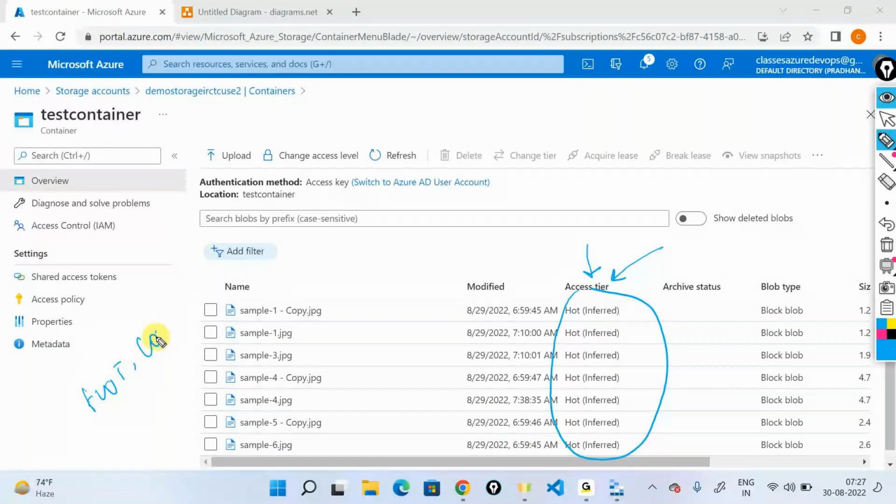You have hot and cool as the archive. Yes, good question, good point. I'll also come down to what archive is. So hot and cool, again, as we were telling, just to recap things out,